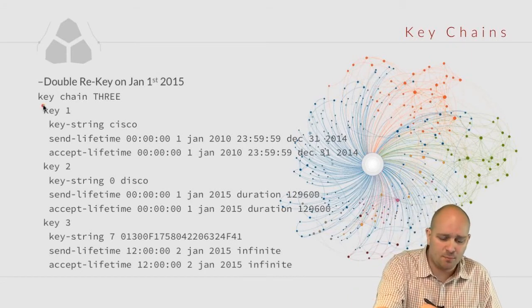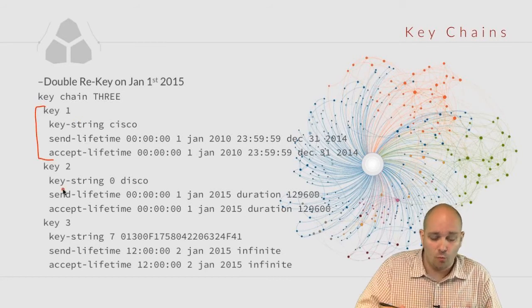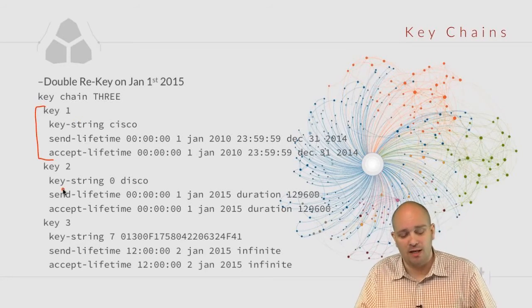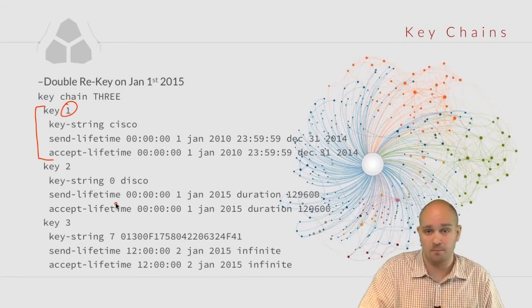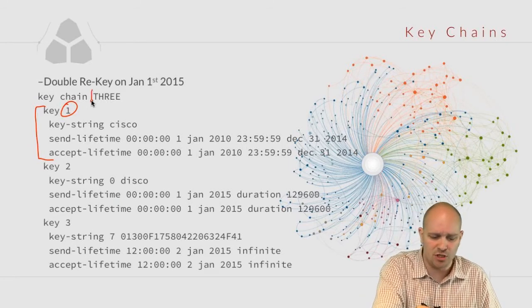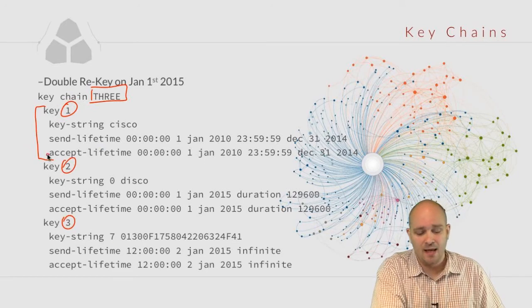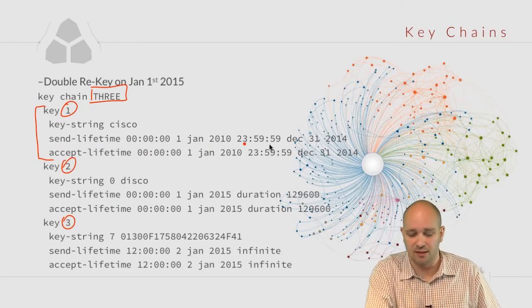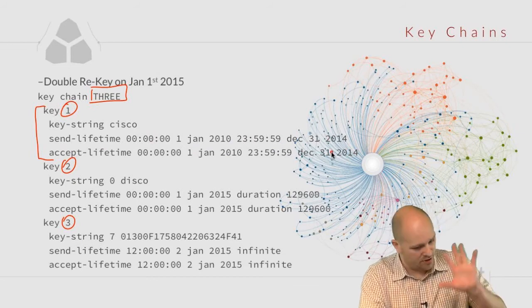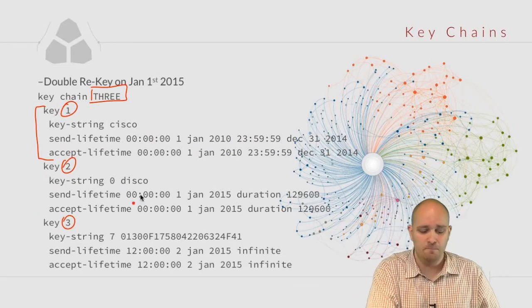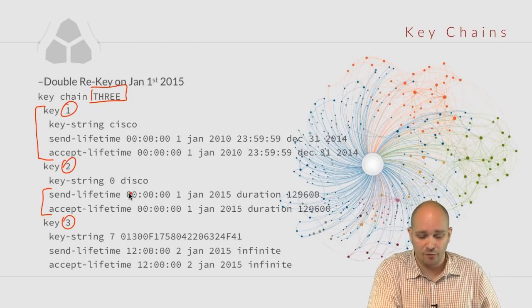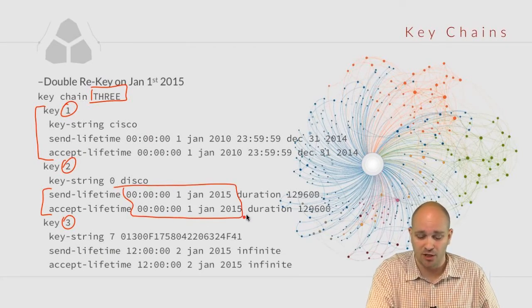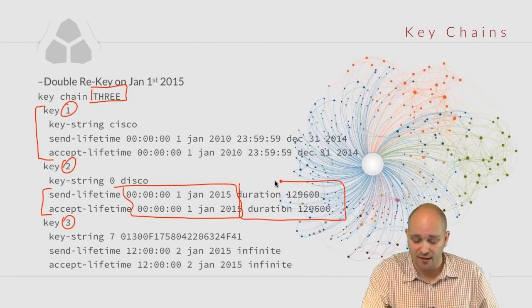So I have already explained the behavior of what is going to happen here in my key number 1 in this example. So this is a new keychain. This is keychain 3, which has 3 keys, keys 1, 2, and 3. So the first key is going to be valid from January 1st, 2010 until midnight January 1st. That's clear. The second key is going to be valid from January 1st, 2015, so this is this part, and then it's going to be valid for